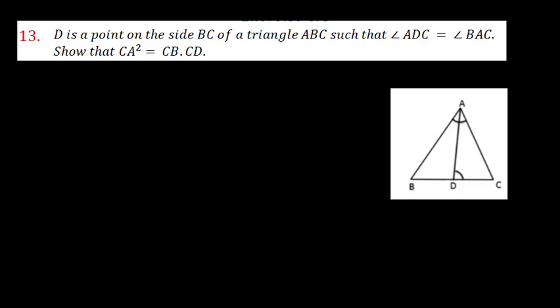We are doing the chapter of what? Similarity. Okay. So one thing should come to your mind: there is something related to similarity. Now, which two triangles do you have to prove similar? For that, I will give you a clue: here CA square is there. CA square means CA is written 2 times, so there should be 2 triangles in which CA should come.